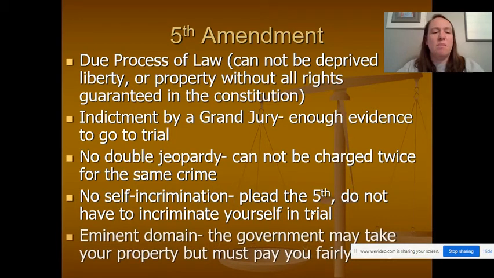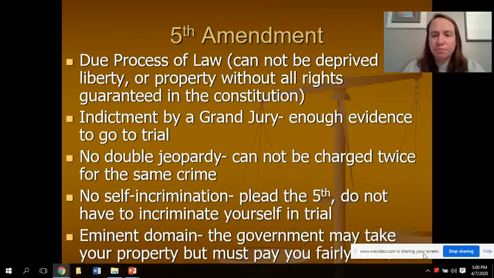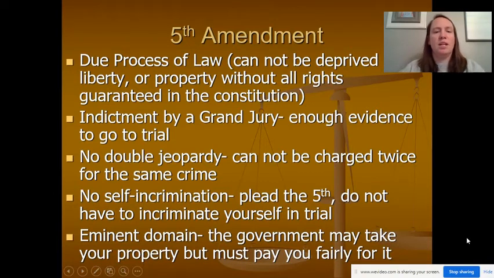And then eminent domain. Eminent domain is kind of a weird one. It's one people don't really like. It means the government can take your property, but they have to pay you for it. You've seen this before, like when road construction's happening and houses get torn down and the road gets widened and stuff like that. The government had to buy those people's houses, but those people really didn't have a choice. So this is kind of one that stinks and people don't like, because a lot of times people don't like giving up their house or their property, like, well, I'll pay you for it. And they're like, okay, well, that's good, but